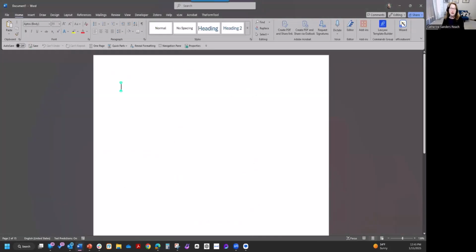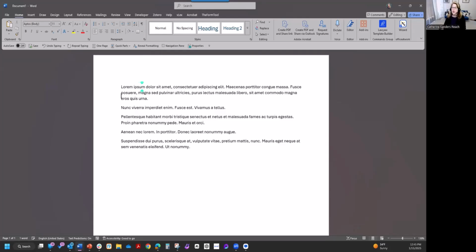All right, so I've got a new document and say I'm creating a template. What you do is you can type in equals lorem, and then open paren and a number, and this is the number of sentences, and then the number of paragraphs, close it, and then hit enter. And it basically puts in